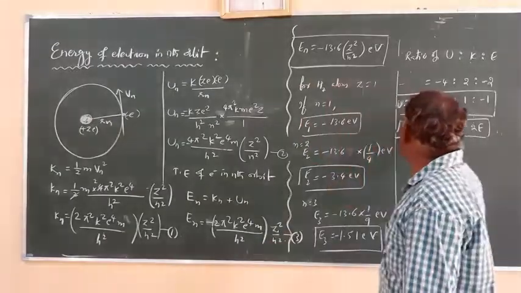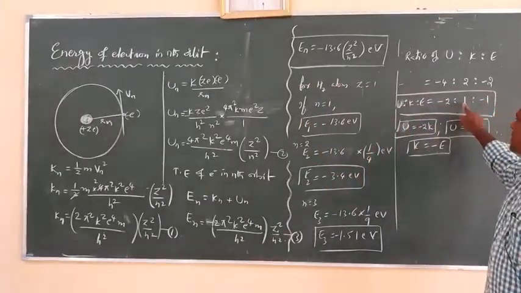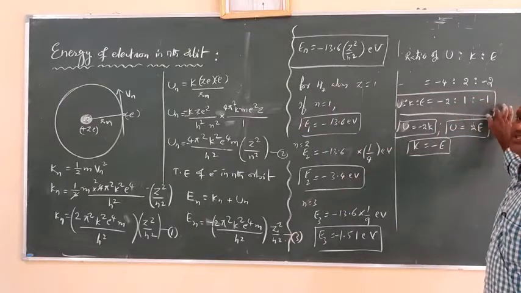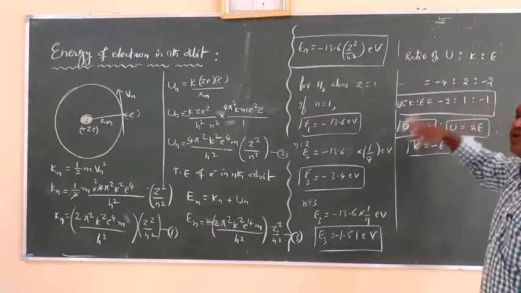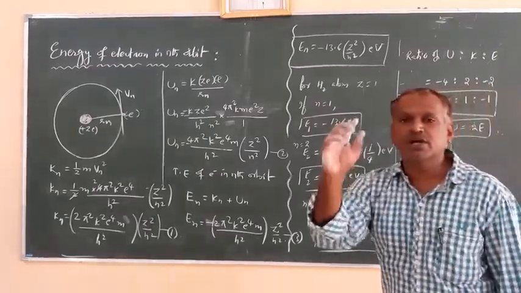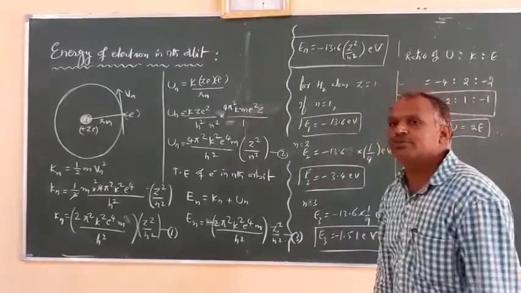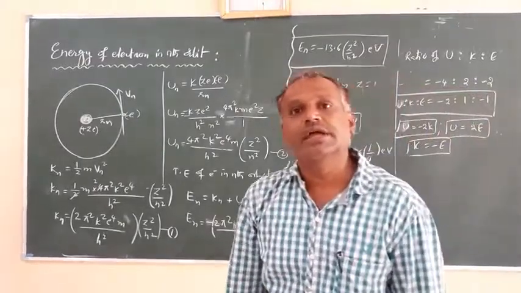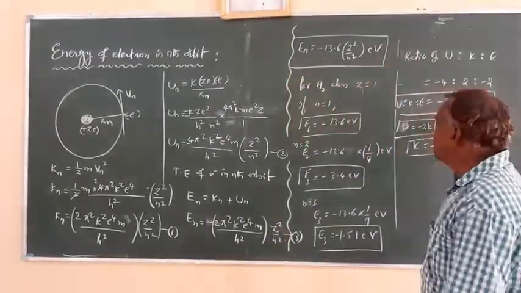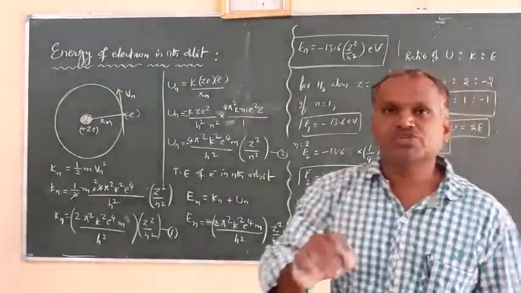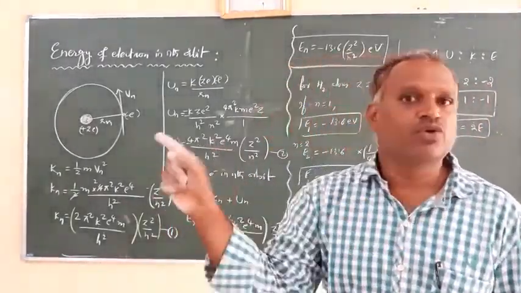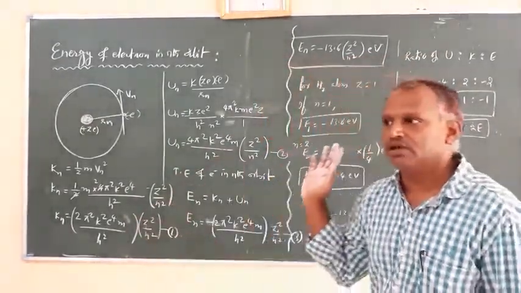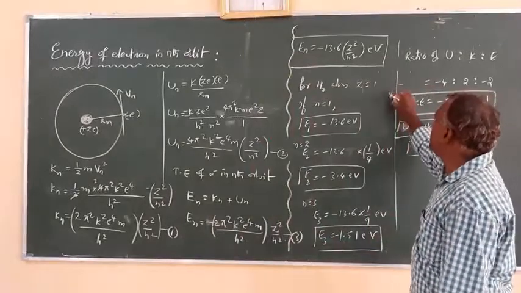Right. So in this way we can observe. Remember this ratio: potential energy, kinetic energy, total energy. They are in the ratio of -2 is to 1 is to -1. This minus represents the bounded nature, the attractive nature of the electron towards the nucleus. So the energies of an electron rotating in any orbit are always in the ratio of potential energy, kinetic energy, total energy of -2 is to 1 is to -1. The order you have to remember is potential energy, kinetic energy, total energy: -2, 1, -1.